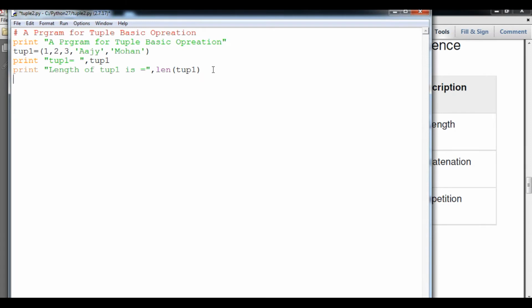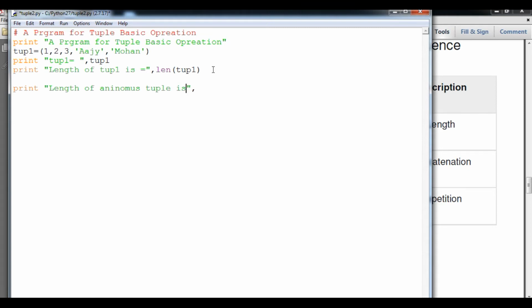In the place of that, if I count a particular tuple directly, suppose here print length of the tuple is.